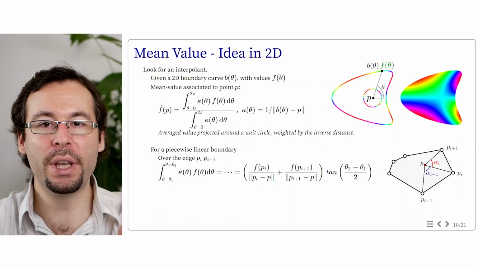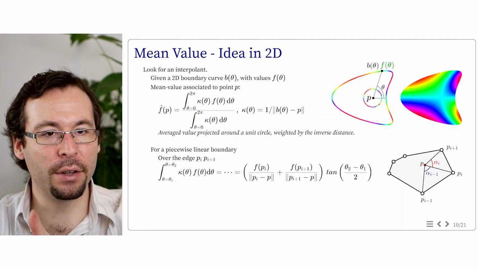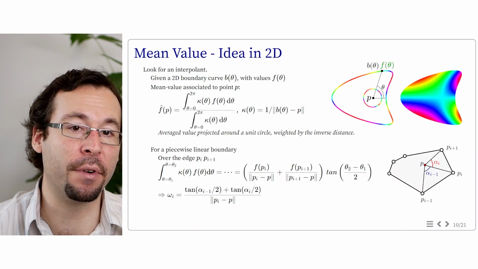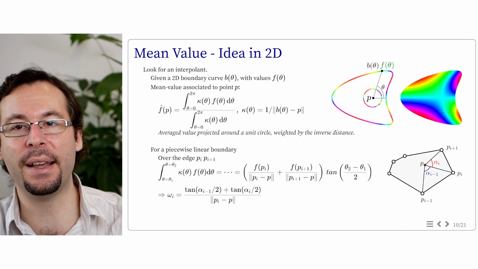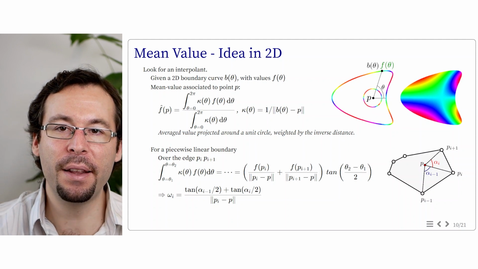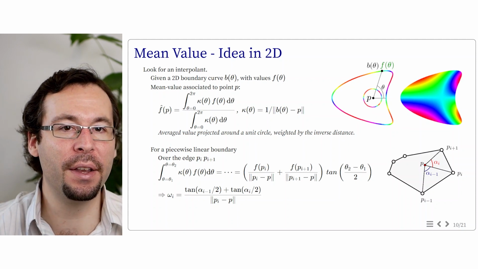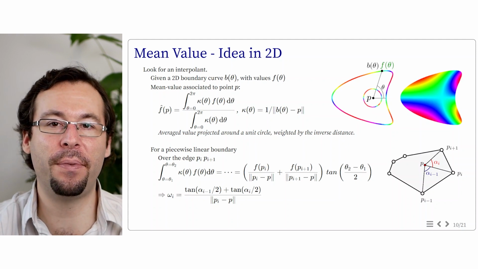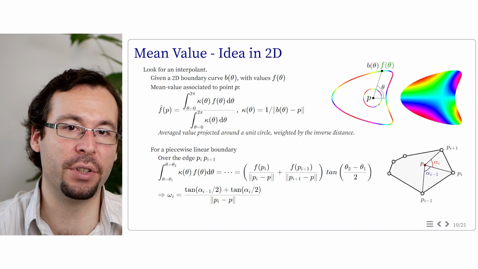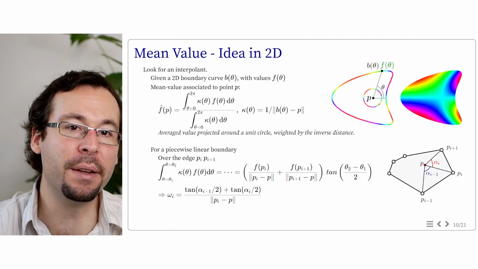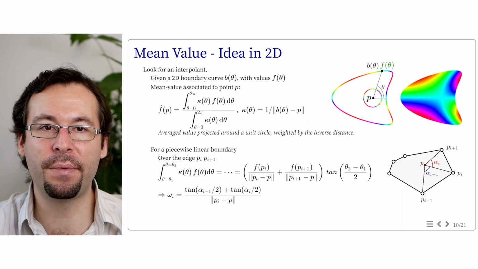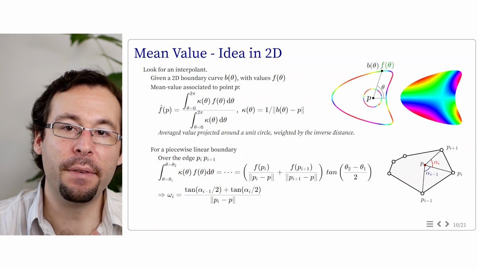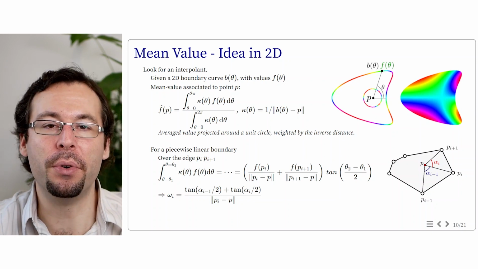And so we can also reorganize all these terms as a coefficient omega i multiplied by f of pi, where f of pi is actually the coordinate of pi itself in our case. And then we have this weight omega i for a given pi, if we conduct all the formula, given as tangent alpha i minus 1 divided by 2 plus tangent alpha i divided by 2, divided by the distance between pi and p, as there is the contribution from the two segments passing by pi. And then we end up in the formulation that we saw in the 2D case.